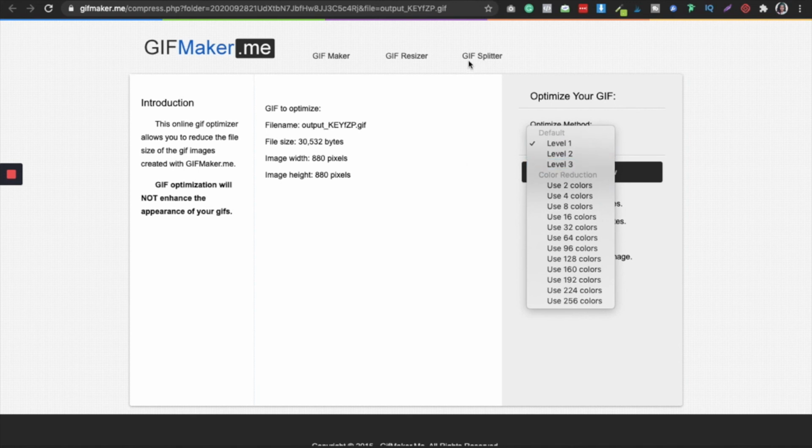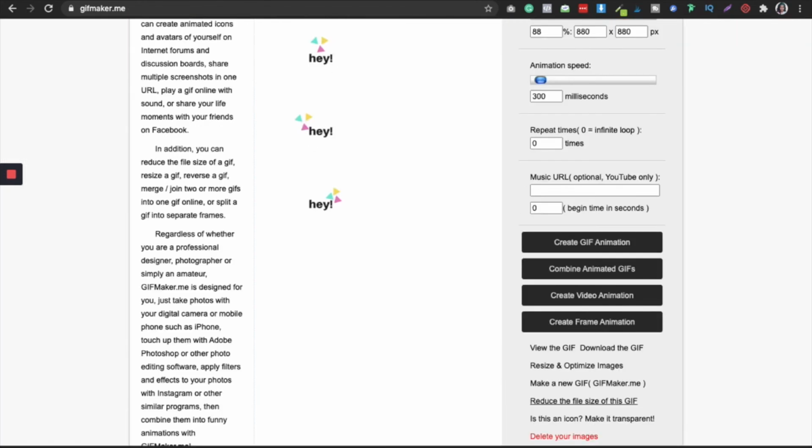So that's all. You have done all the things that you want. You have downloaded the GIF. You just have to transfer it to your phone and you're good to go. You can put those GIFs in your messengers, in your Instagram stories, anywhere you want on social media, any other video, any other graphic. So it completely depends on what kind of places you want to place it on.